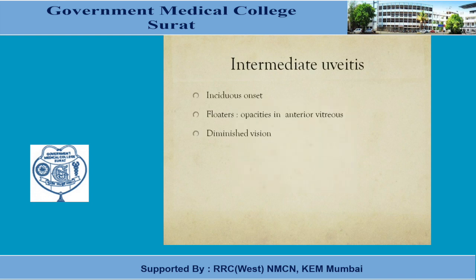So, intermediate uveitis is a little hazardous thing because it generally doesn't give much symptom. The thing occurs at the pars plana, so the front visual axis is very clear. What you have is the inflammatory material goes in the vitreous, and there will be opacities in the vitreous, which will be seen as black opacities, what we call floaters. And there will be diminished vision, for which you need to do an indirect ophthalmoscopy. Otherwise, with anterior segment examination or slit lamp, you will not be able to diagnose.